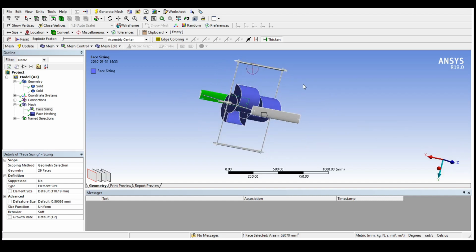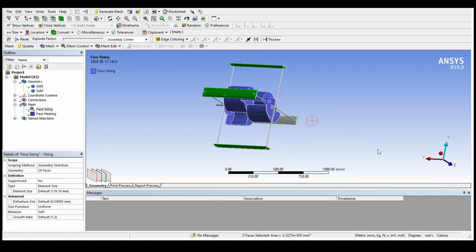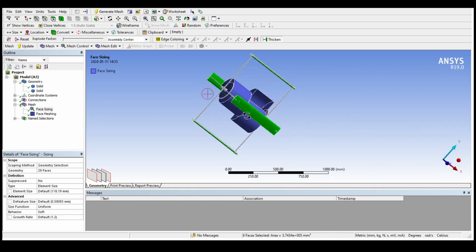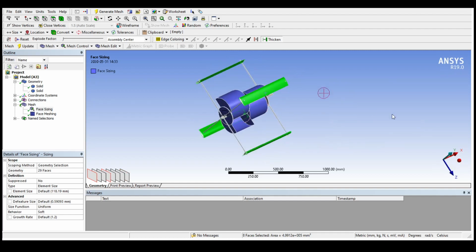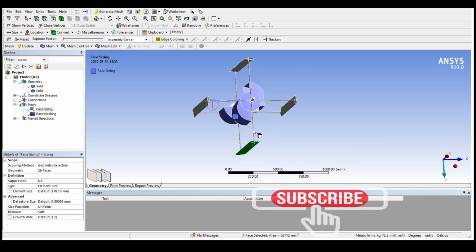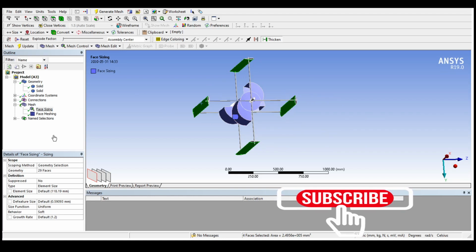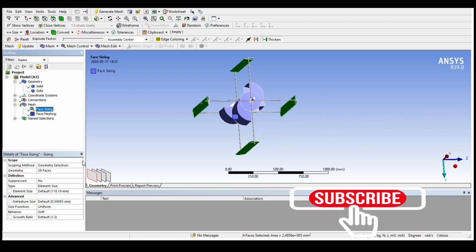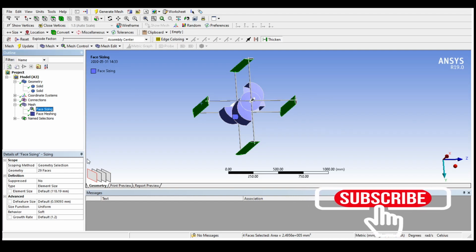Now we can move over towards face meshing has been inserted. Okay, now we can generate the mesh. We can double click on the generate option and the mesh can be generated.